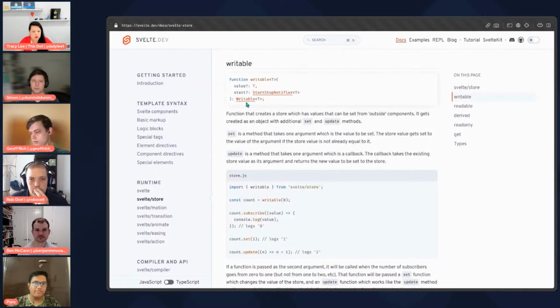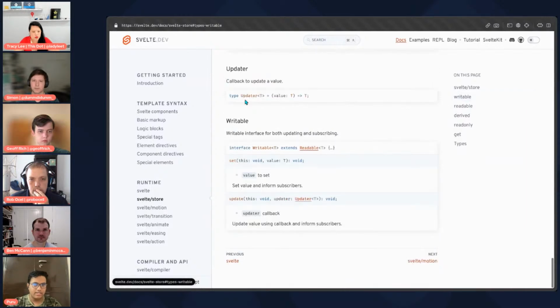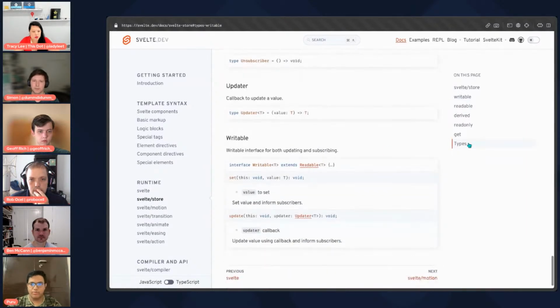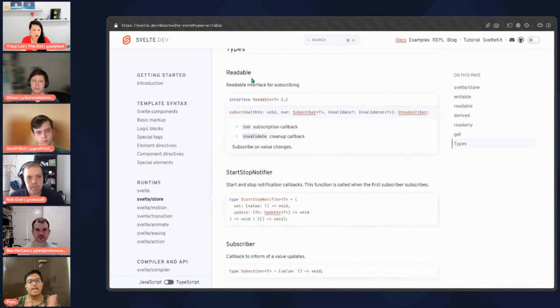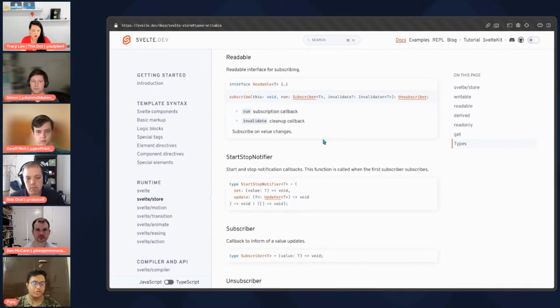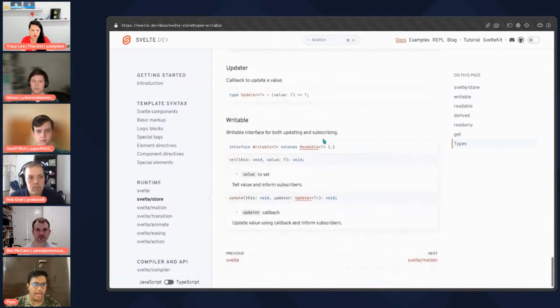You have this, and also, you have little links to some of the types exported here. Let's explore that. So if I click on writable, it took me straight to the bottom of the page, and at the bottom of every single page, you're going to notice all of the types exported by that module right here, with a little bit of decorated markup, as you would say. All the information that you could need is right here.